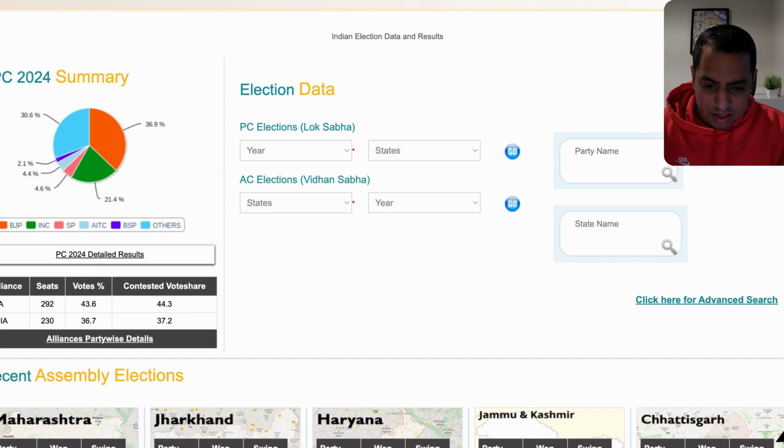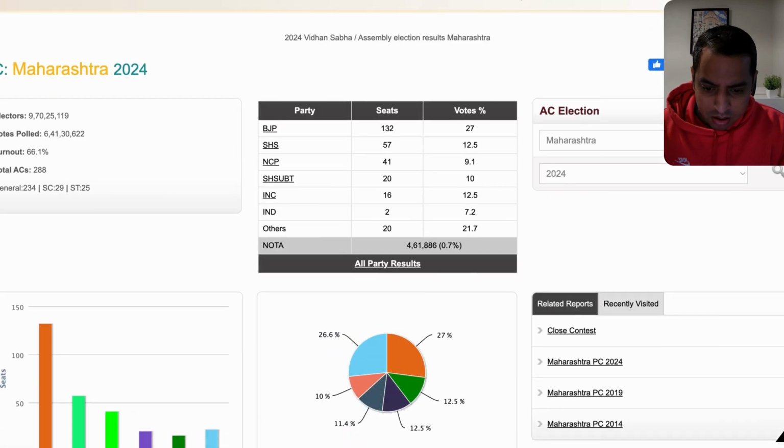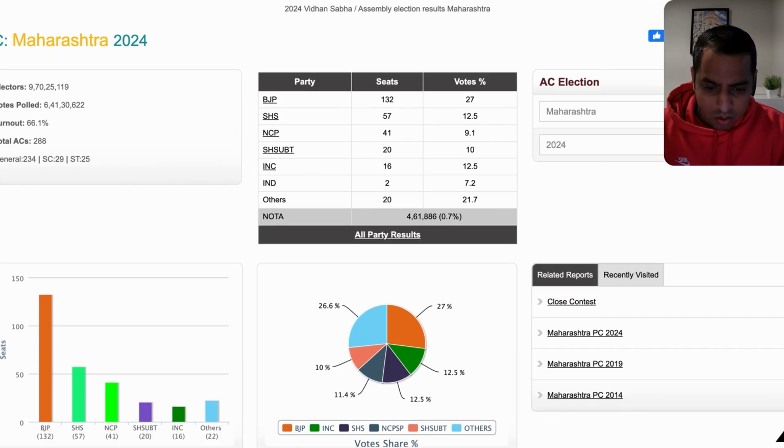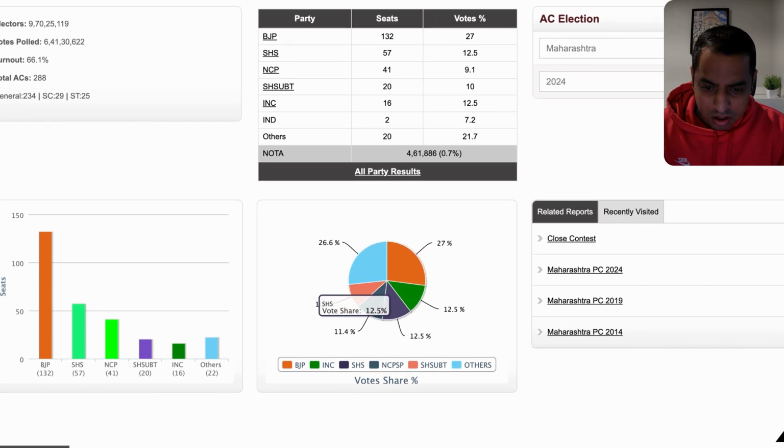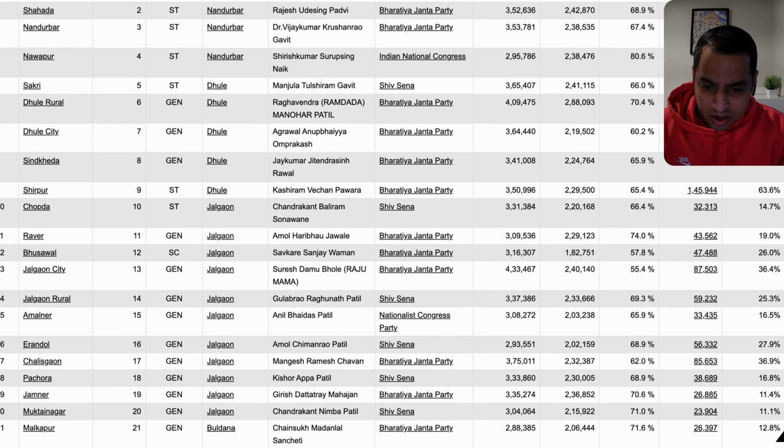If I want to find the result of an assembly called Andheri West in Maharashtra state, let us see. I'll go to Maharashtra. Then which year do I want to go to? Let's go for the latest one, 2024. Okay, go. So it will give you an overall snapshot, like how many seats BJP won, their vote share, some overview data,